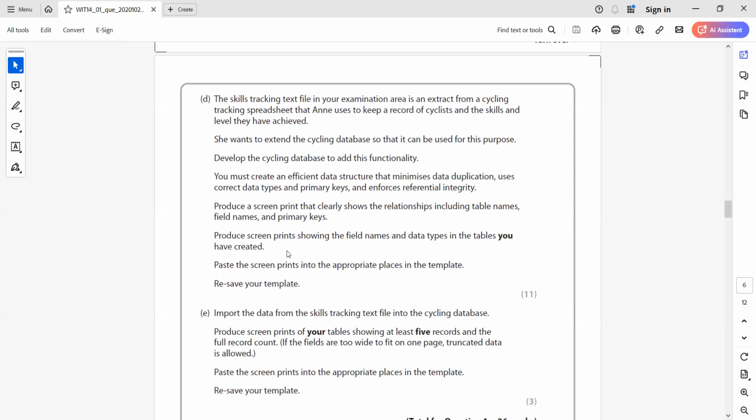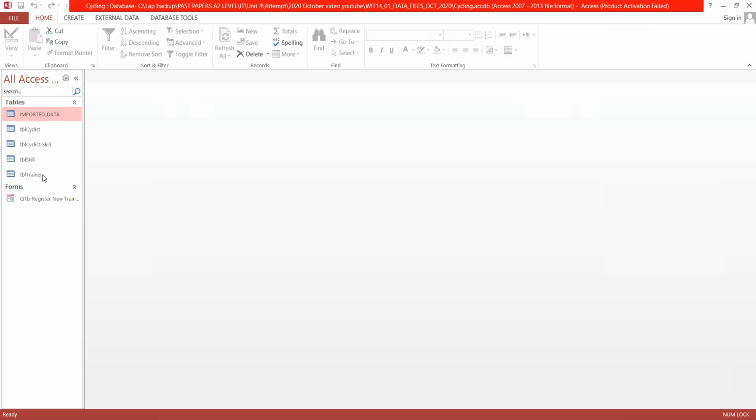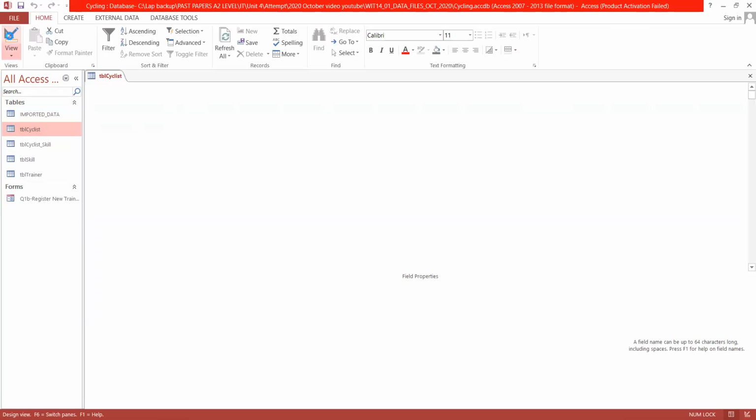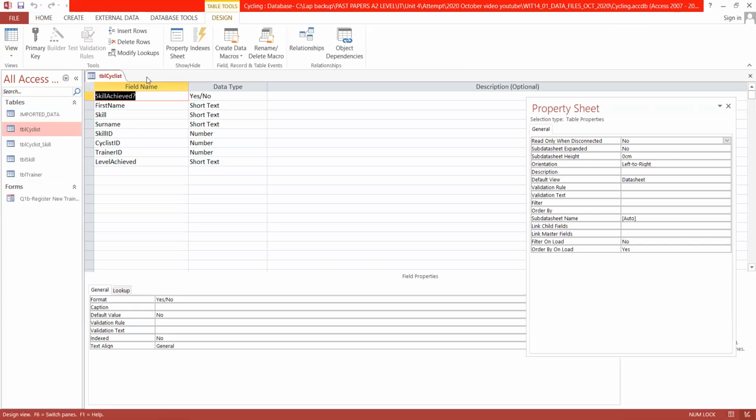Right. And now we have tables. So these are the tables that I made. So first, let's edit the two parent tables, which is table cyclist and table skill. Either one would do. So in this case, what you're going to do here is we are going to assign a primary key, which is cyclist ID,